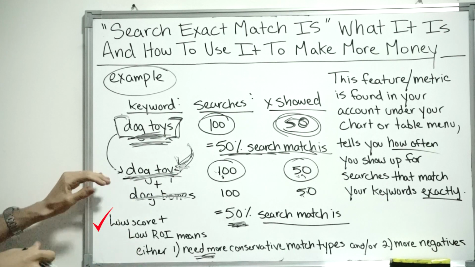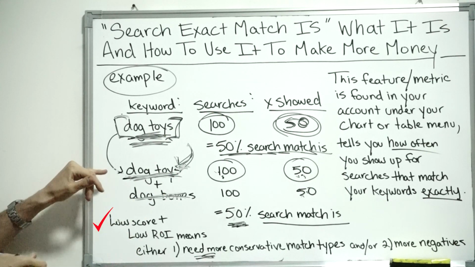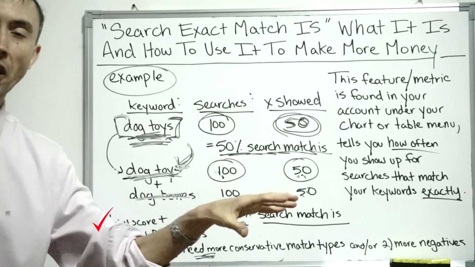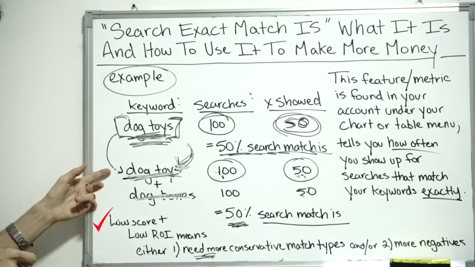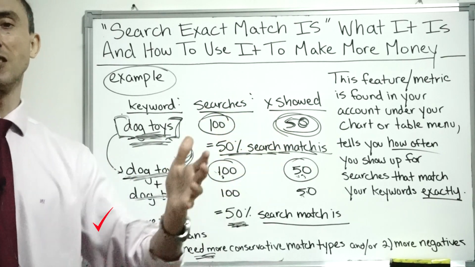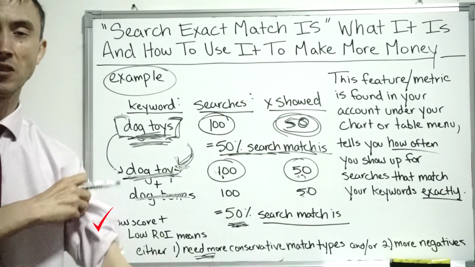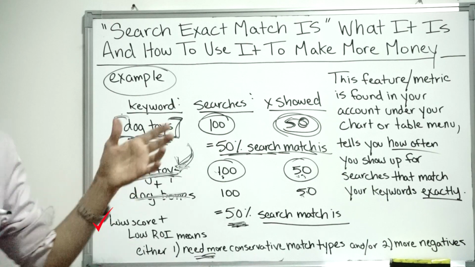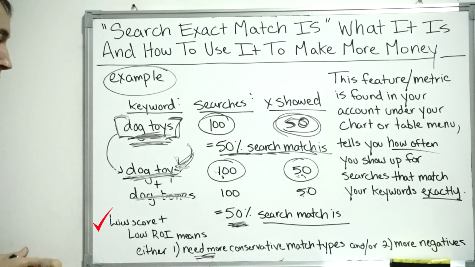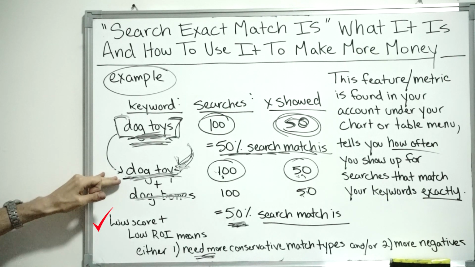Because ultimately, it's much better to just bid on keywords that you know will work, versus having a keyword there in broad match and telling Google, have it show up for stuff like my keyword, because it's going to get it wrong a bunch of times. It's going to start showing up for stuff like, how much are dog toys? What are dog toys? Which isn't going to be profitable traffic for you. So obviously,